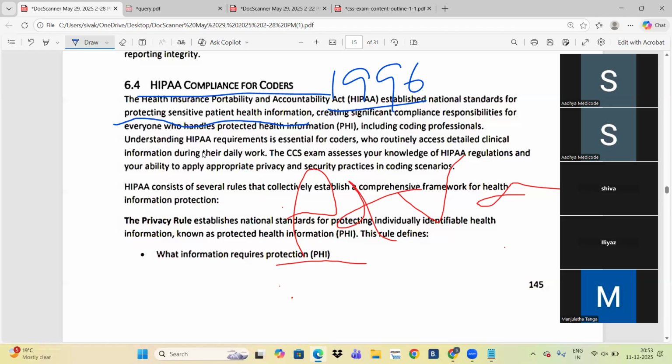Next, nurses discussing the patient condition in the hospital lobby during lunchtime. Here the nurses are only discussing the patient condition, but they are discussing it in the hospital lobby during lunchtime. Is it a violation or not? Yes, it is a violation, because lunchtime and lobby mean a lot of people will be sitting. We should not disclose patient information in public places. Clear? So we need to protect the health information. These two questions we will get from the violation type, so note them down.